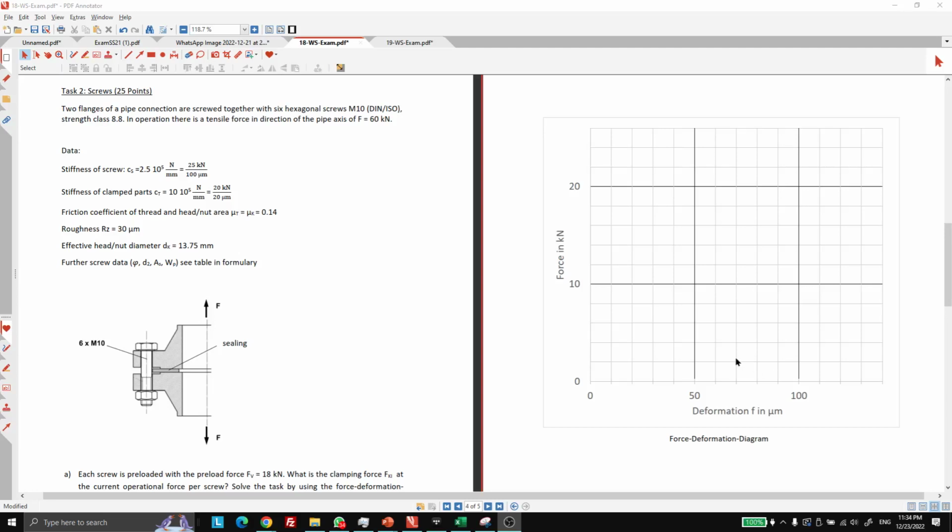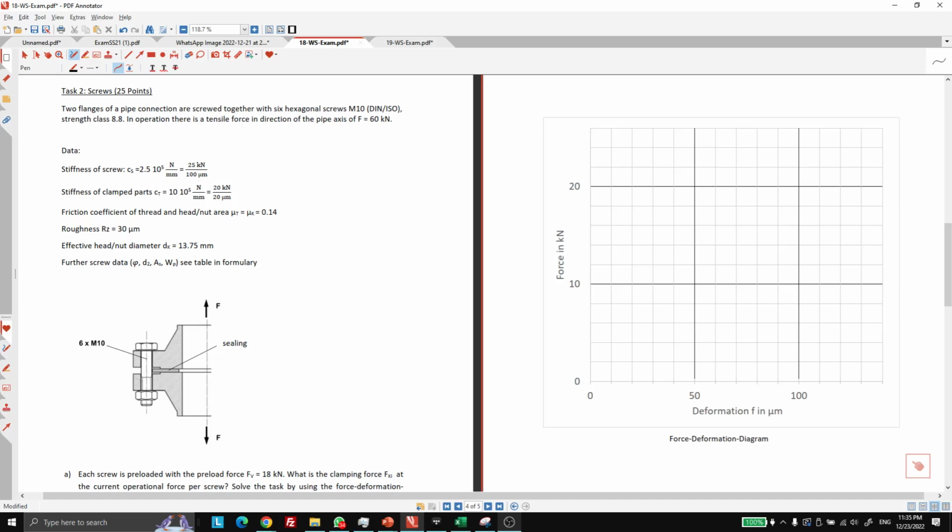Hey guys, since some of you have some problems doing the force deformation diagrams for this question, and I think it is quite important for you all to know how to draw it exactly, I decided to film this video so you can save it as a reference for this step-by-step guide. I'm not going into too much detail, but I'm telling you what is essential to draw this force